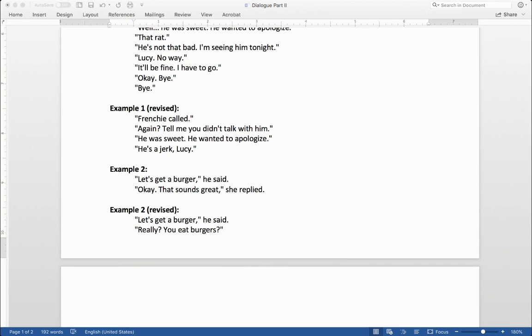I like this a bit more because it suggests subtext. Maybe she thought he was a vegetarian. Maybe she's beginning to realize that he's not the person she imagined he was. It makes me wonder what she'll say or do next. And that's good in a story. Okay, let's take a look at one more example. And to keep things simple, in these examples, I'm just including the spoken parts. I'm leaving out the tags, gestures, and descriptions that might also be part of the scene.